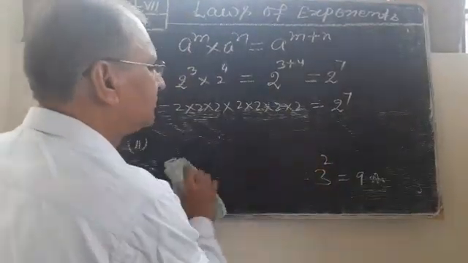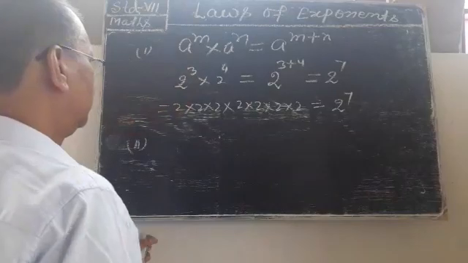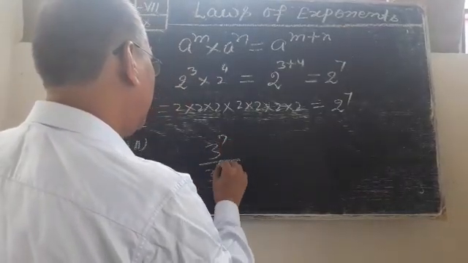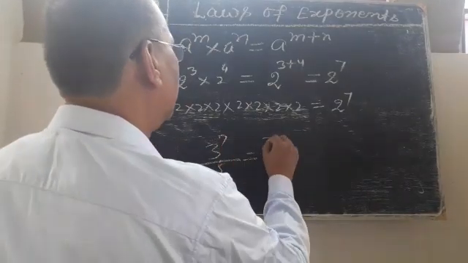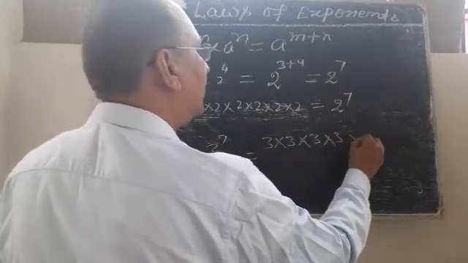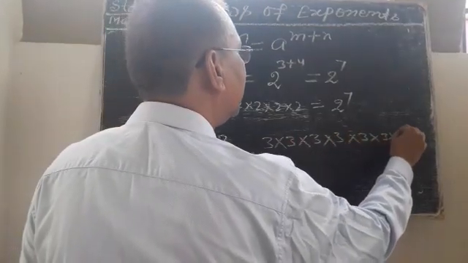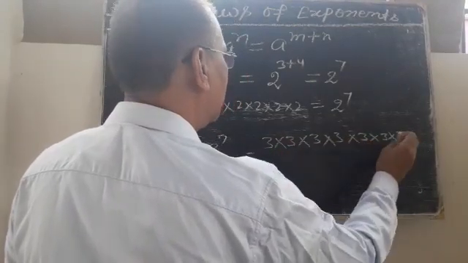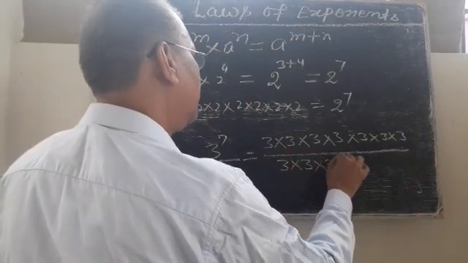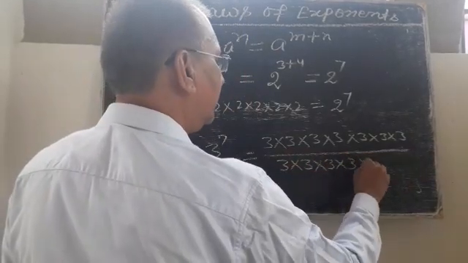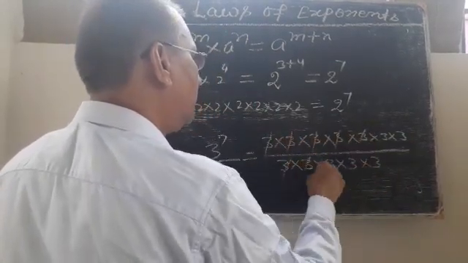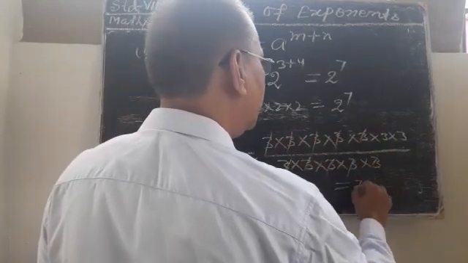In another way, 3 power 7 by 3 power 5 is equal to 3 into 3 into 3 into 3 into 3 into 3 into 3, divided by 3 into 3 into 3 into 3 into 3. Five cancel with five, and now it is 3 power 2,